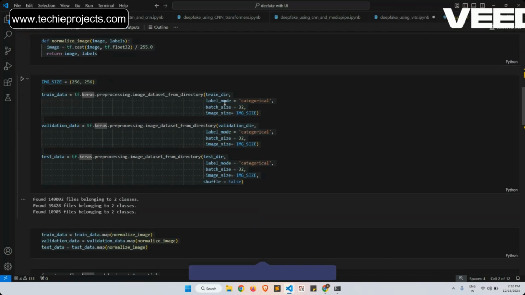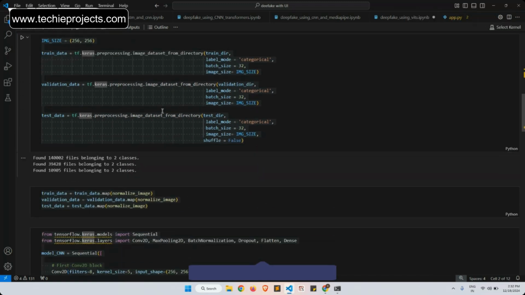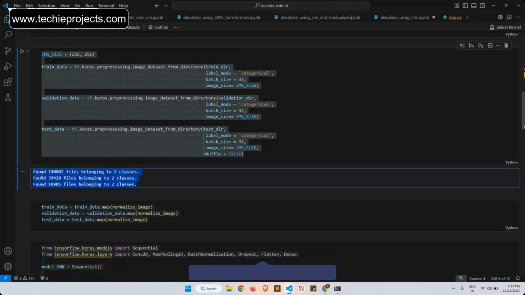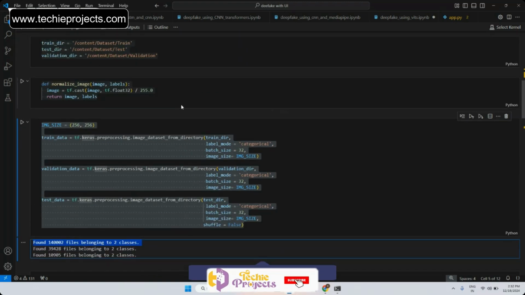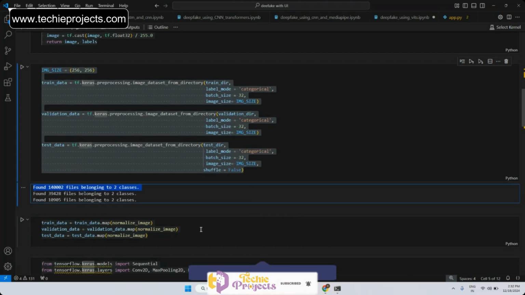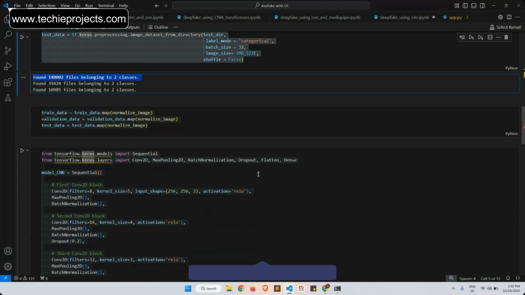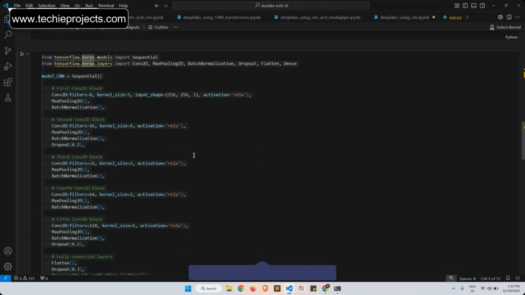So here we are giving the paths. And once it is done, you can see it is giving us the calculations: in the training we have this many images belonging to two classes, obviously fake and real. And then we are mapping the normalized image function, so for normalizing each image. Once the data preprocessing is done, we implement the